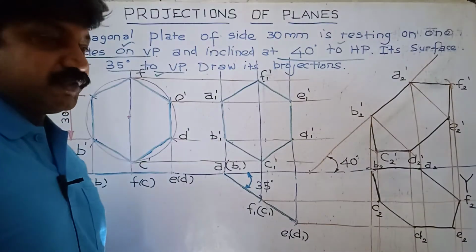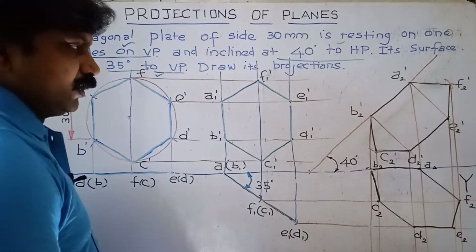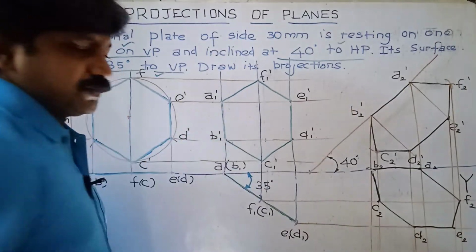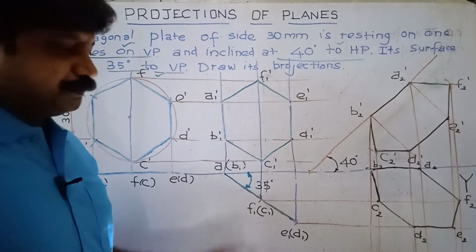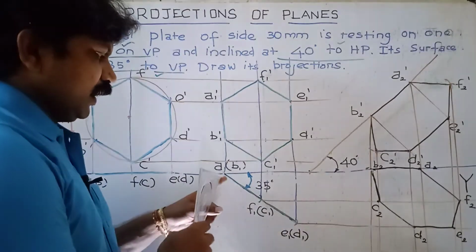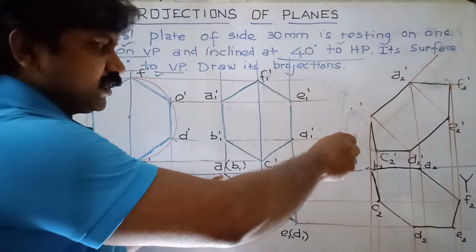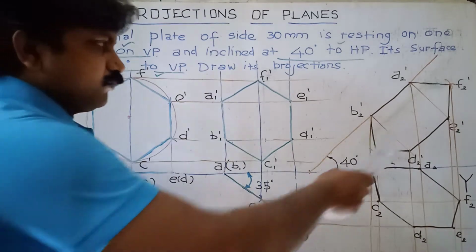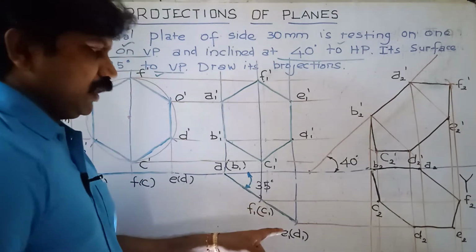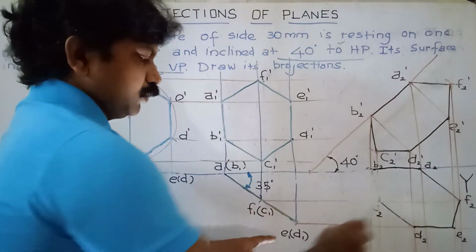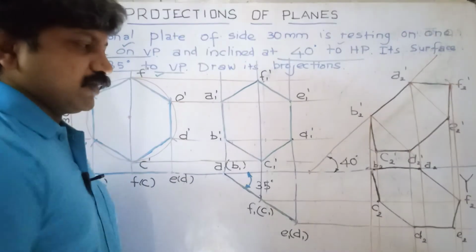Dark the object using an H pencil, dark line. From the tilted final front view, draw the perpendicular lines using a 2H pencil. And similarly draw horizontal lines from the second stage top view. Mark all the intersecting points. A1 and A2 dash intersecting point as A2, B1 and B2 dash intersecting point as B2, F1 and F2 dash intersecting point as F2, C1 and C2 dash intersecting point as C2, E1 and E2 dash intersecting point as E2, D1 and D2 dash intersecting point as D2. Now join all the points to get your final top view.